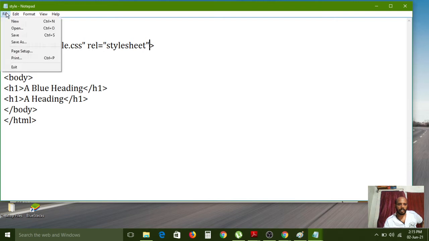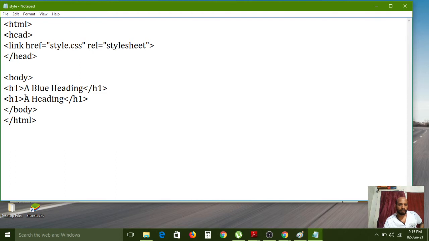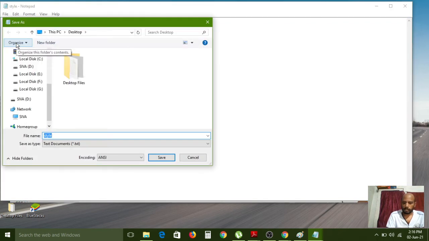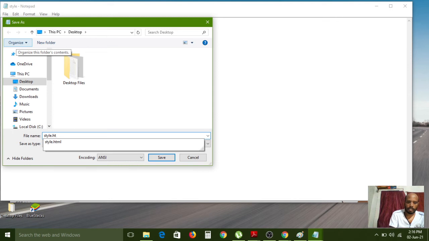The syntax is right. Body open, body close, head open, head close, HTML open, HTML close. Saving this one, style.html.